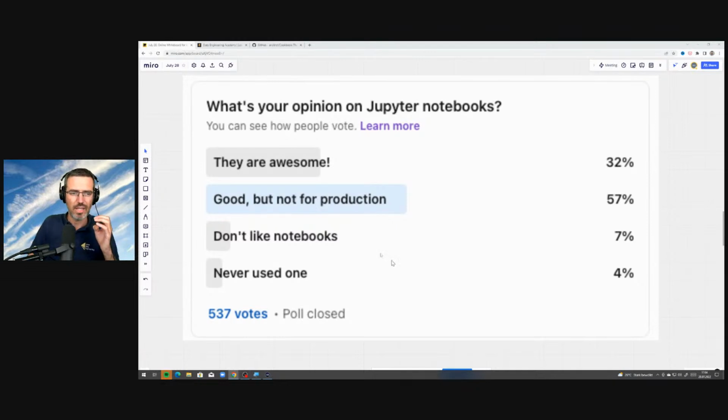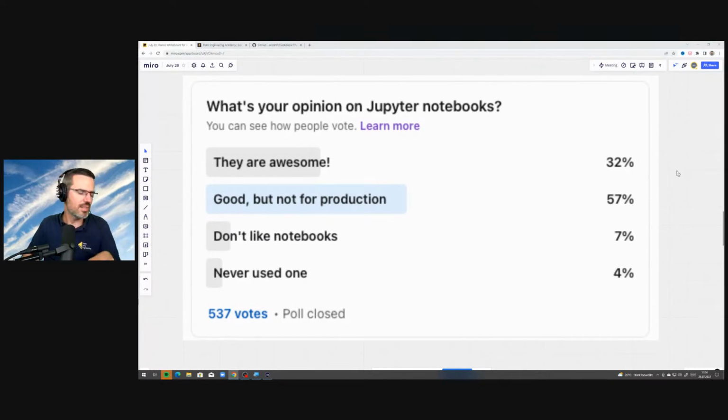So that's also why a lot of people say it's good but not for production. Most likely it's terrible or annoying to convert. I also feel like notebooks are especially good for exploring data and doing simple stuff, but not for real production use.